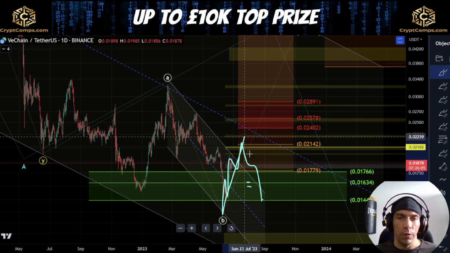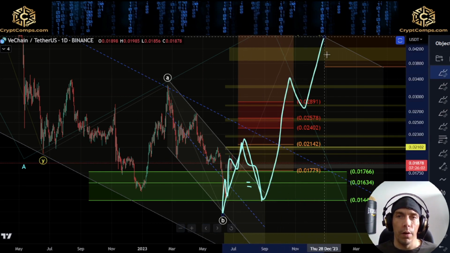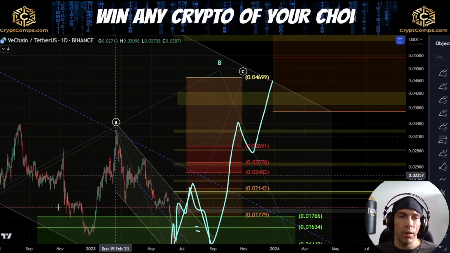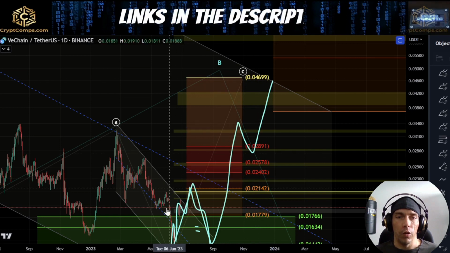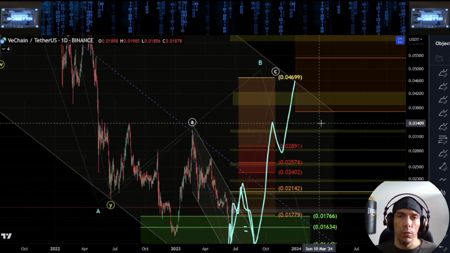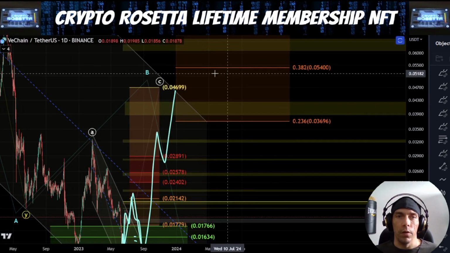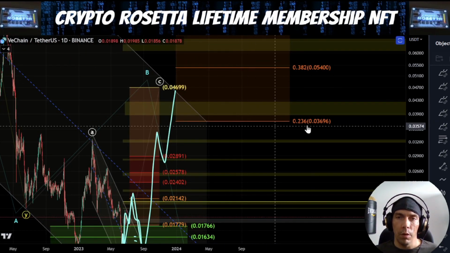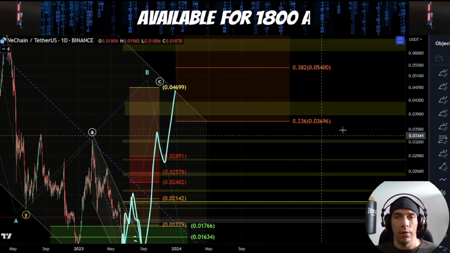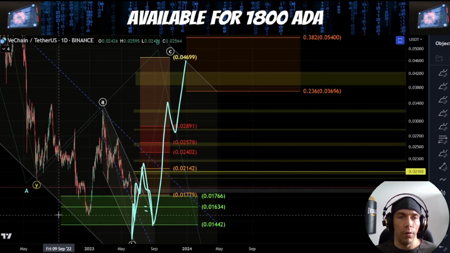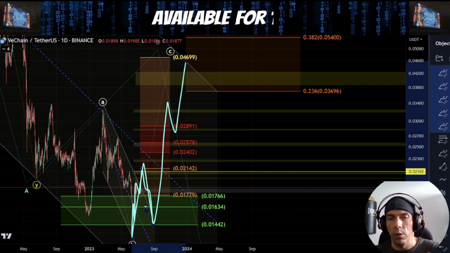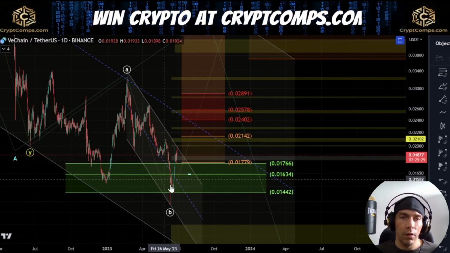Now, if this does develop as 1, 2, and then we see a bigger 3, 4, and a 5, and we actually look to come back up into the higher end of this channel, it would be quite an interesting zone, because this would actually align with the 2.618 of this as a wave A. This would also look to bring us back up here, potentially into this 382 level, but I would also be keeping an eye on this 236 level here at the 03696, and that could be a potential target area if this is going to develop as a flat correction, and we're going to see this bigger move to the upside take place here. So just need to keep an eye on it.